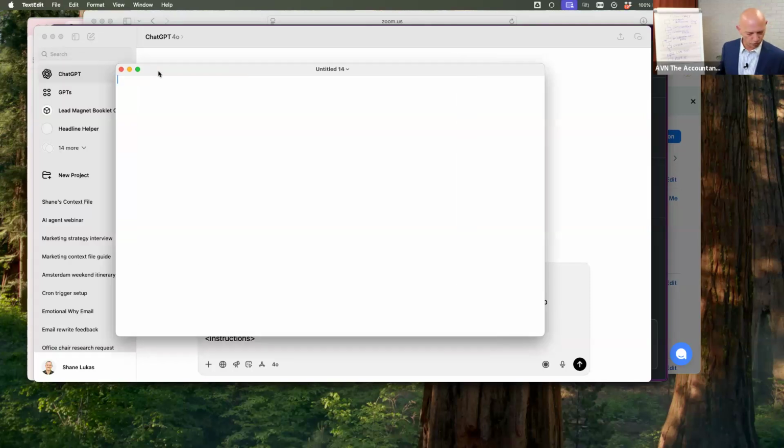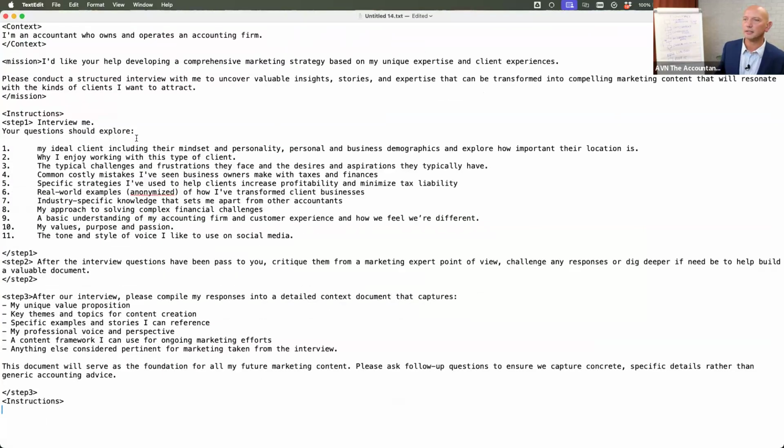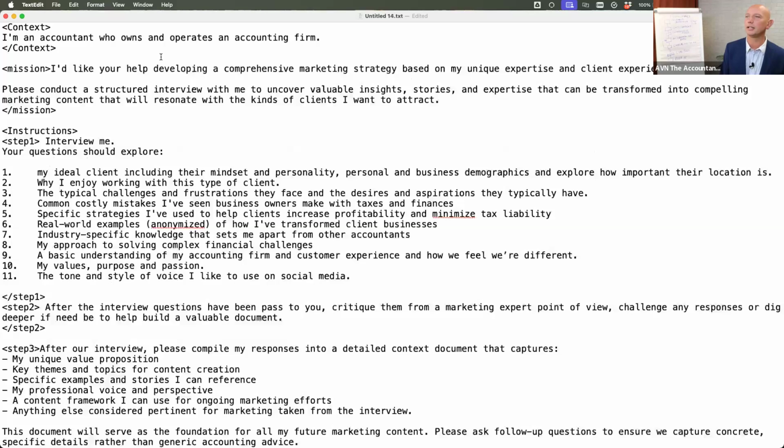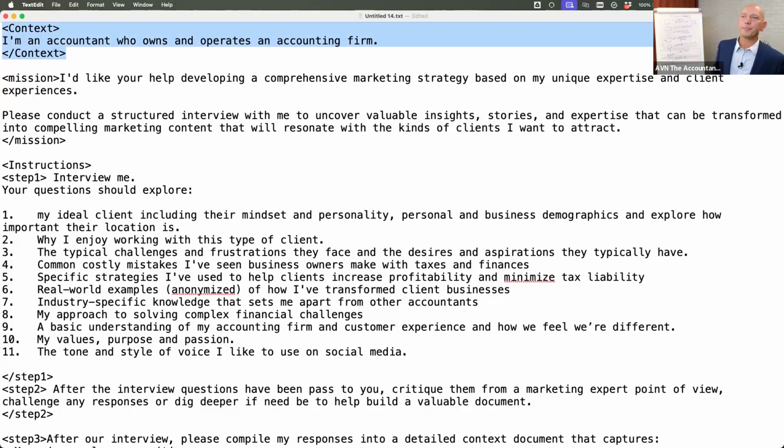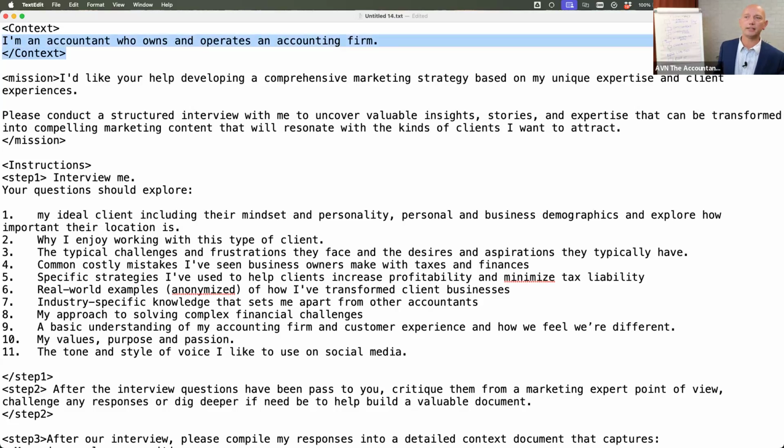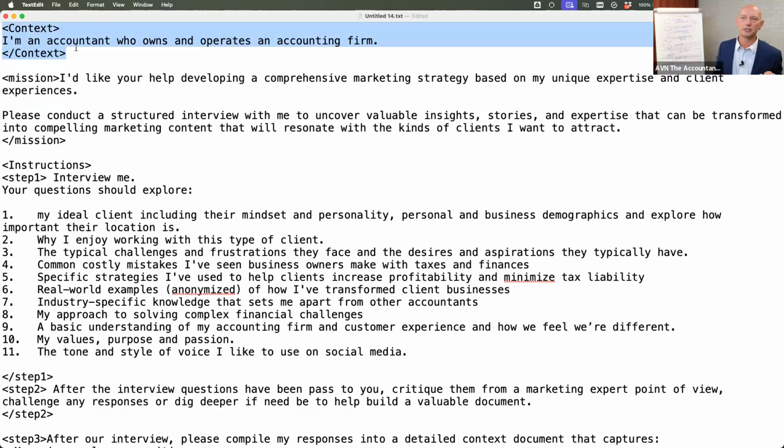I'll just very quickly talk you through this. It's quite a lengthy prompt for a start. Let me just make that a little bit bigger so you can see it. If you're familiar with XBRL in the accounting world, you'll know that the way XML works is that you wrap stuff in certain labels, and then you end it in a slash. When you're doing a big prompt, all of the platforms currently work better if you encapsulate certain things within these labels so it knows where we are.